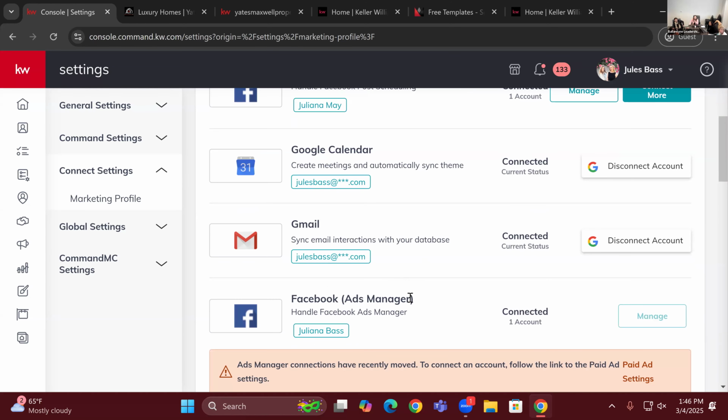Also, what you can do from Command is run paid ads. So post scheduling will be kind of like posting normally. It would show up for your followers and your friends. With Facebook ads, though, you can instead target a specific location, so not your friends or followers, and run an ad to those people so that they can see that on their feed. And that's why it's paid, because it's reaching unknowns. And so you can do that as well from Command.